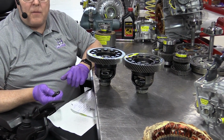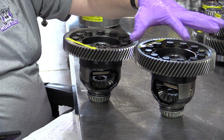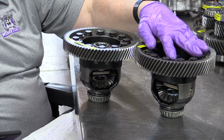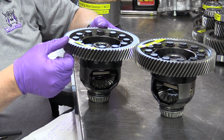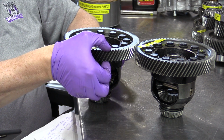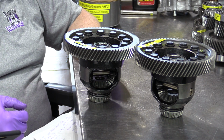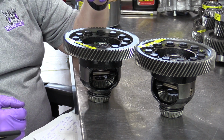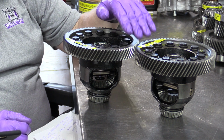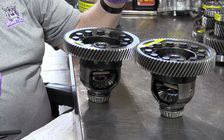As you can see here, over here is the final drive for the P112, the second generation Prius. This is the final drive for the P111, the first generation Prius. Notice the width of the ring gear is much smaller than the width of the ring gear on the new one. These have exactly the same gear ratios, the 2.885 to 1 versus the counter-driven gear pinion gear, but the